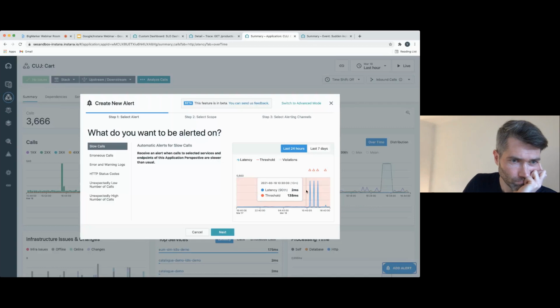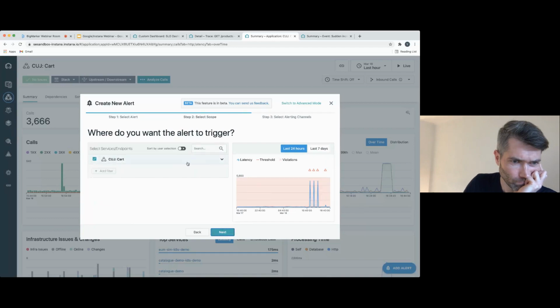So if you remember, the way we defined our service level objectives was based on our past performance, which means if we would keep the status quo, we would be on the safe side. So this is what we do here, and immediately you can see it looks like we would have got a number of alerts because of that incident going on since 10 a.m. in the morning. And in the next step, you can further narrow down the scope of this critical